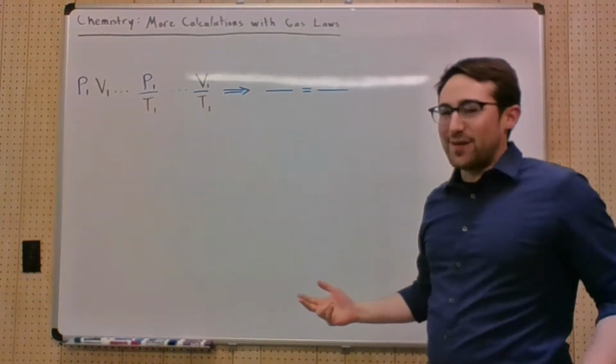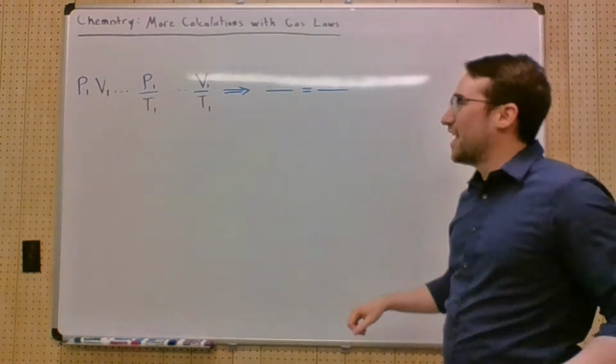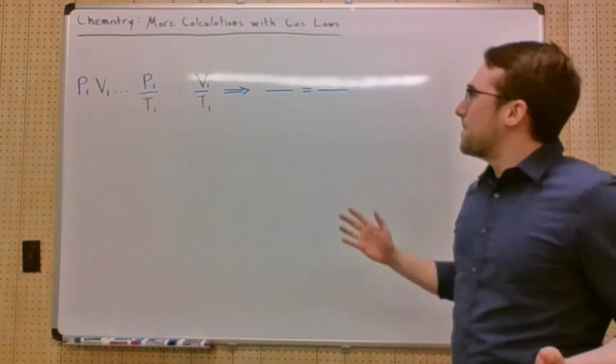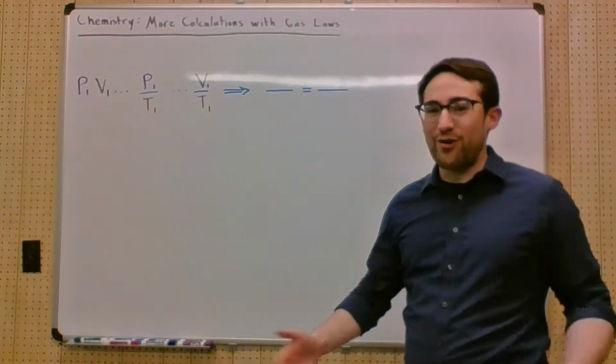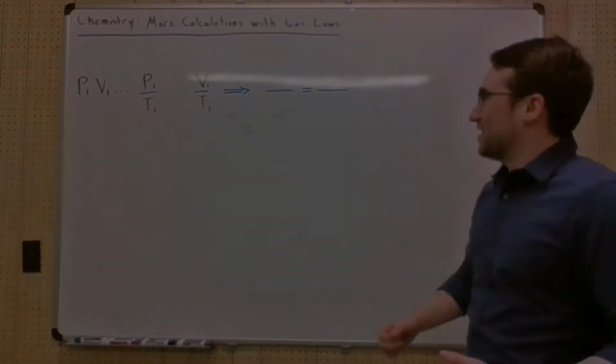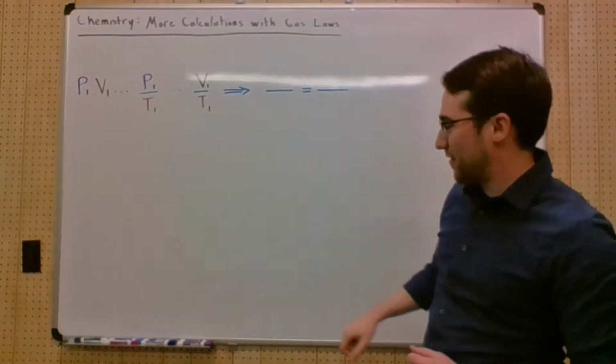So if I'm dealing with just pressure and just volume, Boyle's law has got me covered. If I've got just volume and just temperature, Charles' law is right there for me. But there are times when all three of those variables are going to change at the same time, especially in the real world. Okay, so if we keep with this pattern that we've got here,